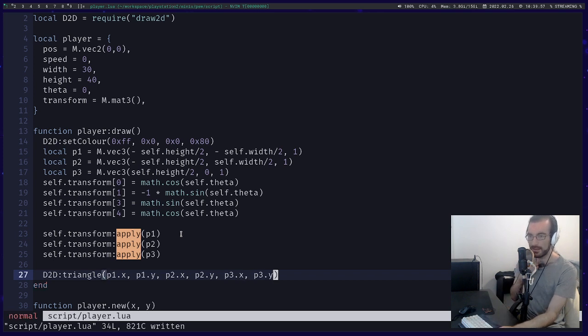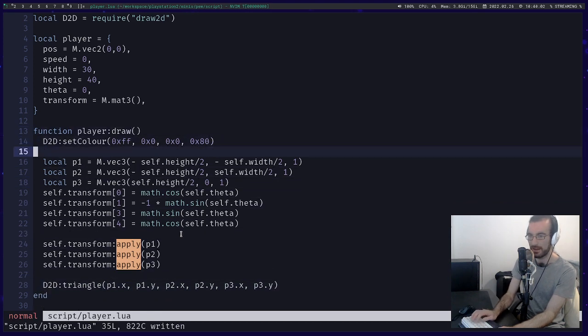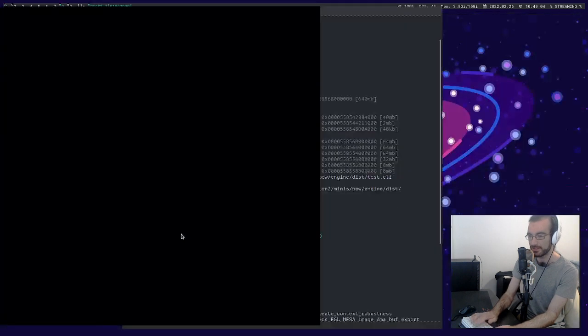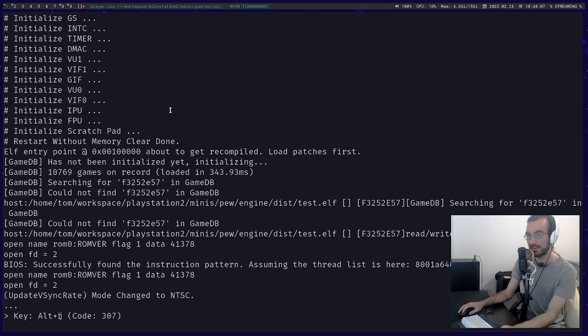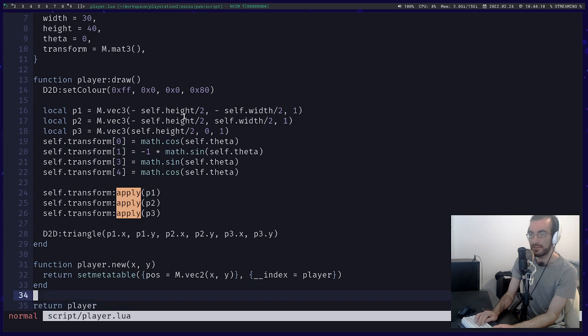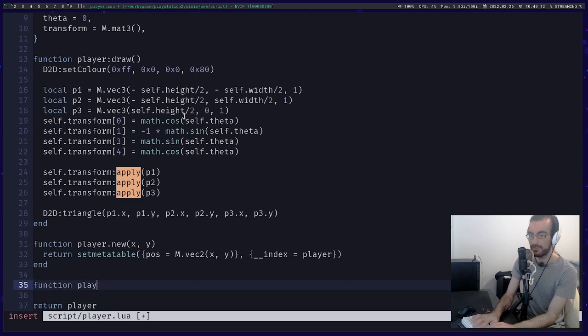Beautiful. And this should... so apart from the fact that we've now lost our position, we're now drawing at 0, 0, this should work. And it does. We've got our little triangle up here. So now if I come down and make, for example, an update method,